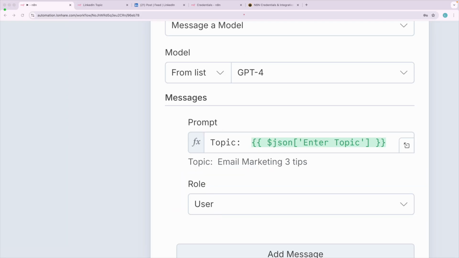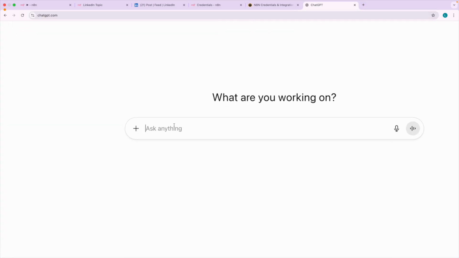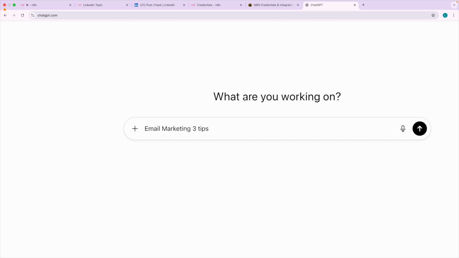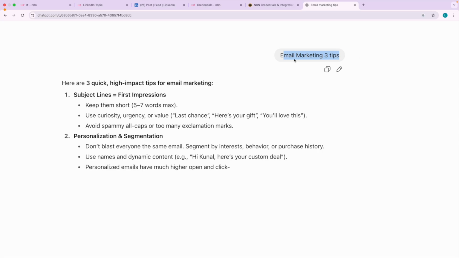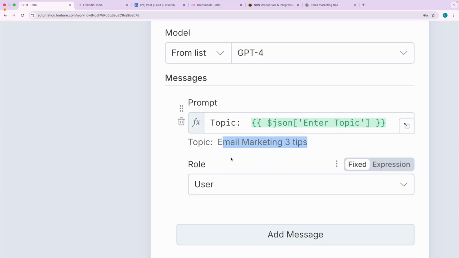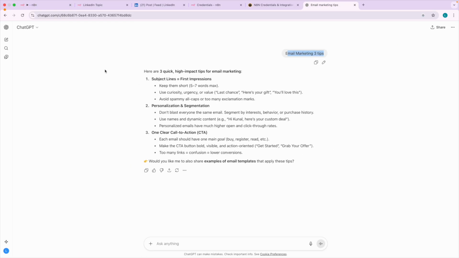So just assume it like, let's say when we are using maybe ChatGPT. If you use ChatGPT, you are a user of ChatGPT, and let's say here you are going to write the topic, let's say email marketing 3 tips, like this. Click on enter. So this is a prompt. Prompt means the question which you have asked the AI as a user. So that is what exactly we did. So as a prompt, we have set here 3 email marketing tips, right? And as a user, I'm a user of ChatGPT, but in the backend of the system,